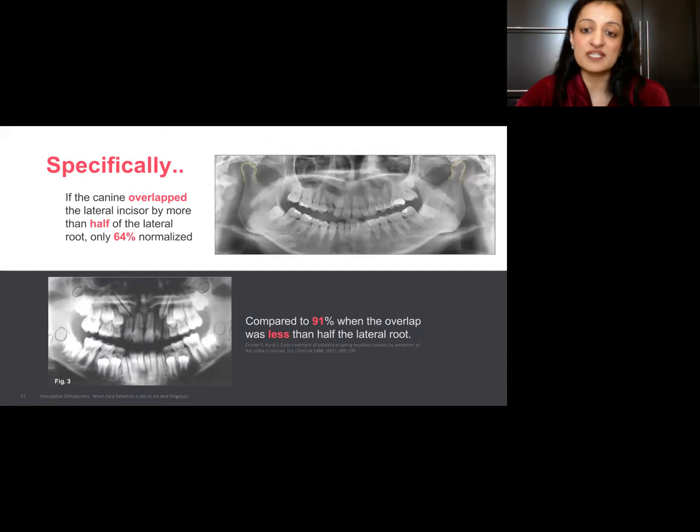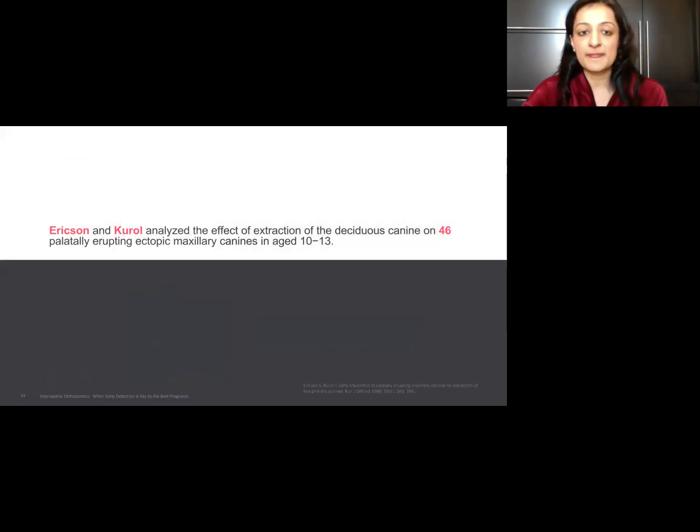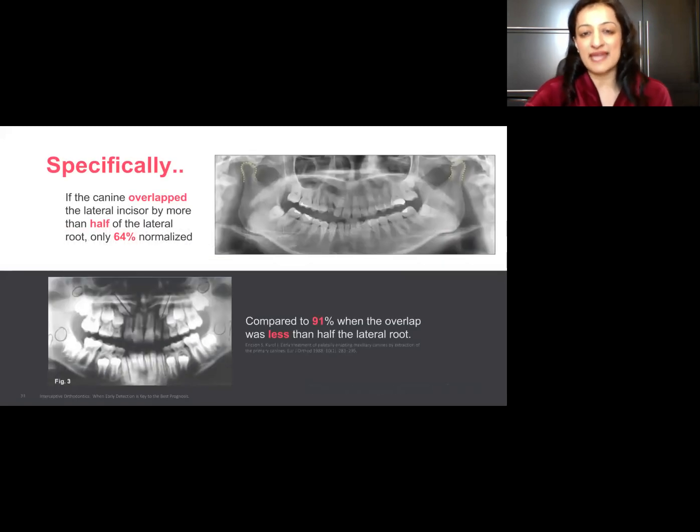actually normalized. So if it's less, you can comfortably say, if it looks in a decent position and it's just overlapping the lateral a little bit, it's a really good idea to consider extraction of the primary tooth. And that was a study by Ericson and Kurol, which is one of those landmark studies that we